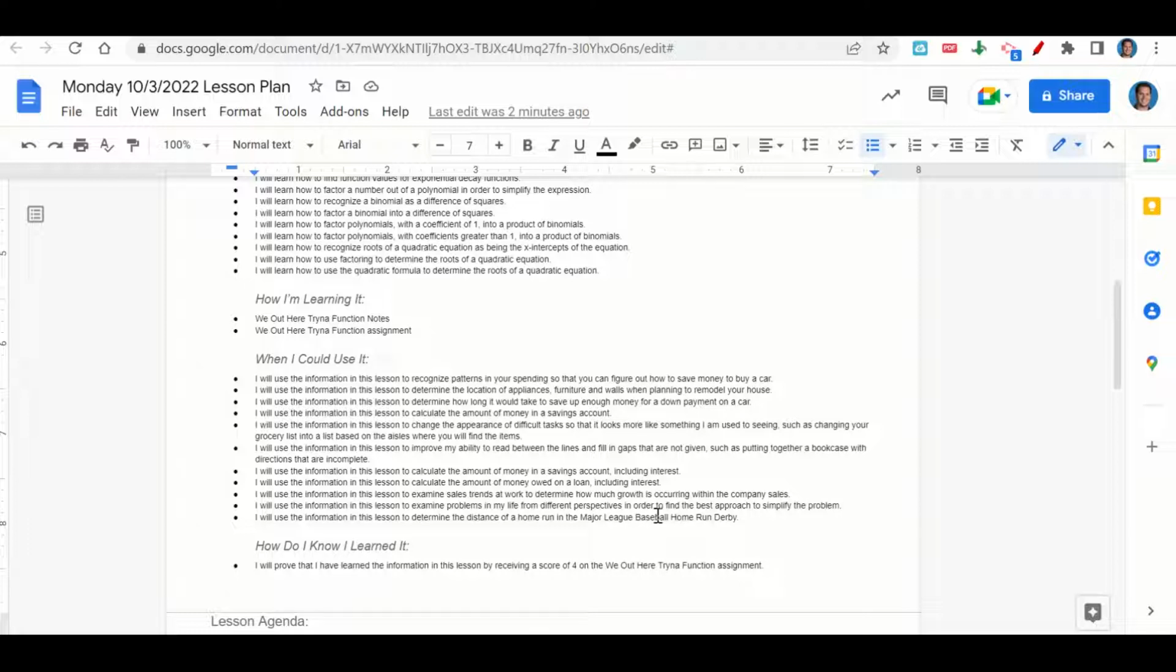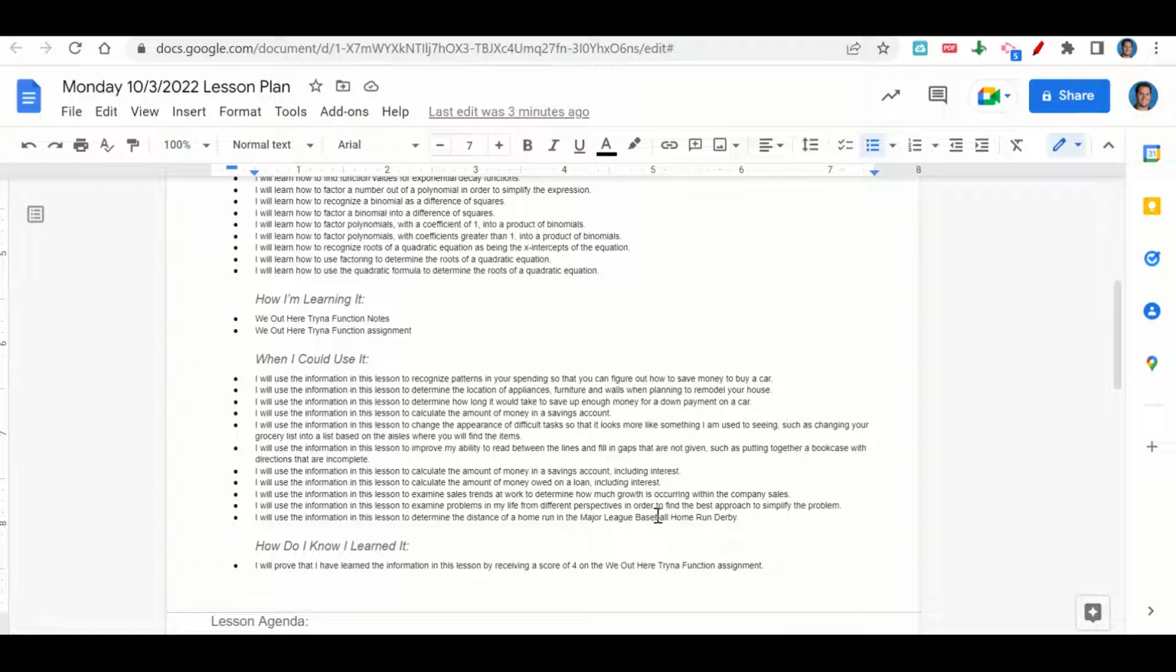find the items, to improve your ability to read between the lines and fill in the gaps that are not given, such as putting together a bookcase with directions that are incomplete, to calculate the amount of money in a savings account including interest, to calculate the amount of money owed on a loan including interest, to examine the sales